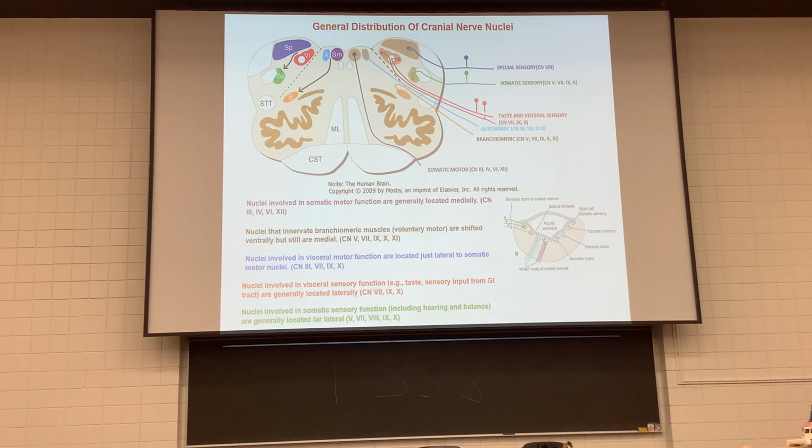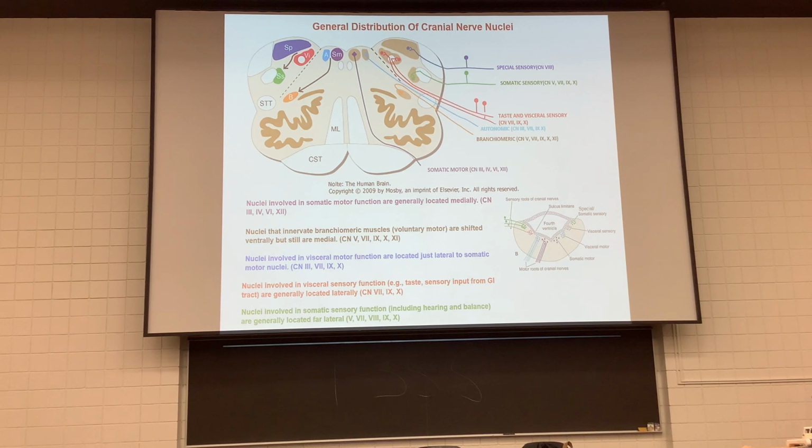And then finally, way out here laterally, we're going to have either our special sensory nuclei, like cranial nerve 8 for vestibular and auditory information, or some of the somatic sensory, and we're really just going to focus on cranial nerve 5. Because 7, remember, just does the back of the ear, 9 does the pharynx, and 10 does the larynx, but we won't get too concerned. I'll show you one example of where we might see those cells. Okay? So,